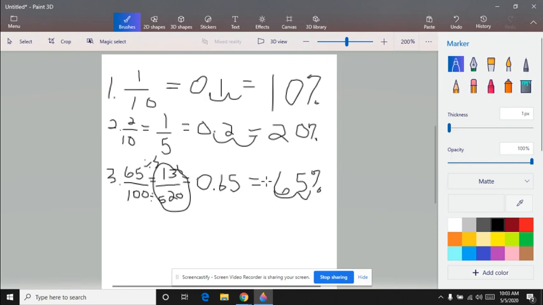Okay, so just remember this is 65 100ths, whereas here we had 2 tenths. First place to the right is the tenths, second is the hundredths. Okay,